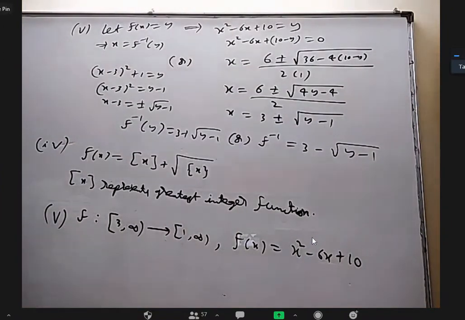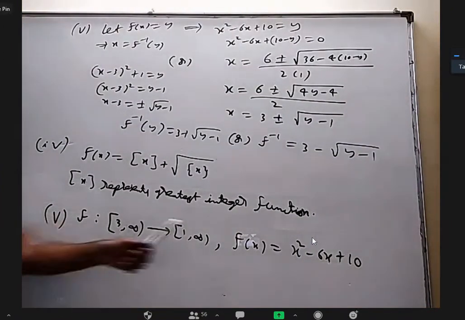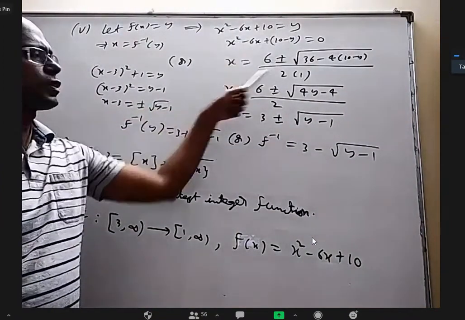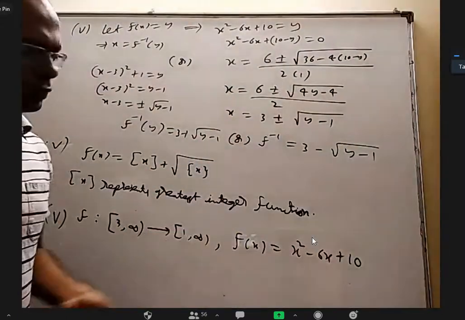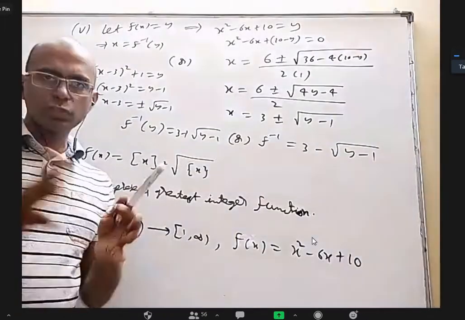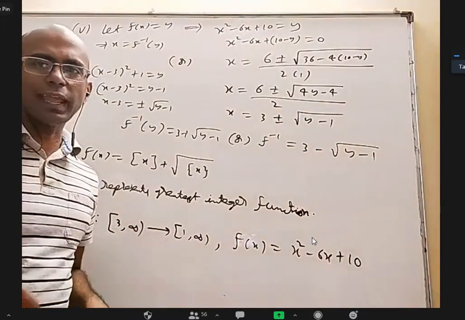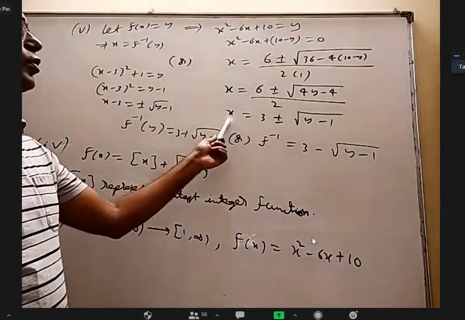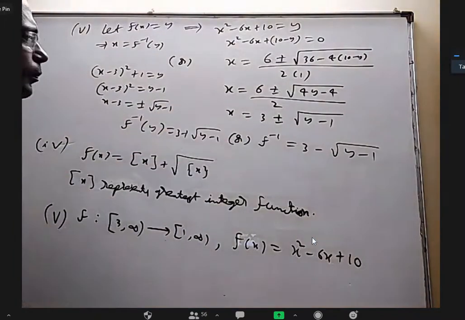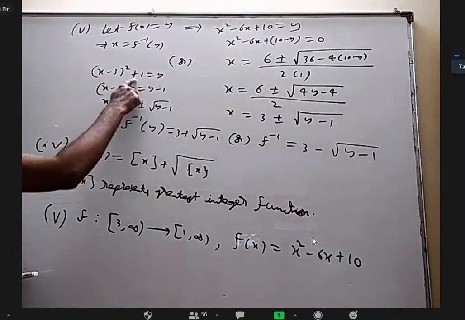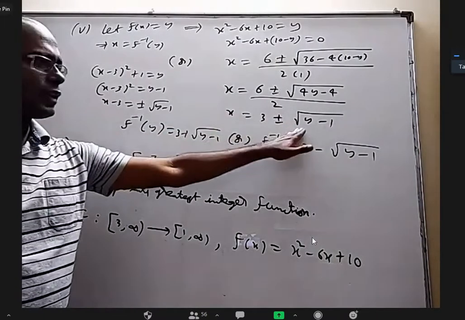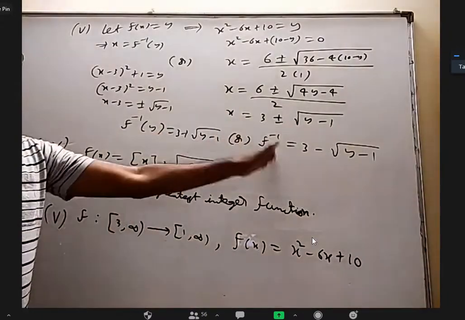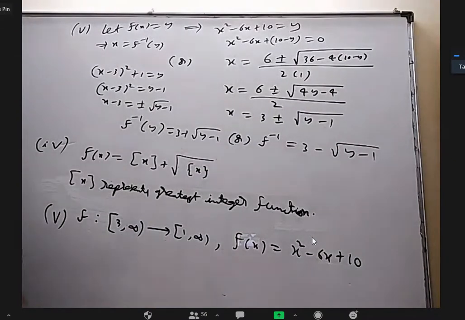No doubt in the fifth question, you take f of x equal to y and solve a simple quadratic equation: minus b plus or minus root b square minus 4ac by 2a. You know how to find an inverse function. Take f of x equal to y, then find x in terms of y. Or you can make perfect squares on one side and do it. Whatever it is, you are getting x in terms of y like this. So I'm getting this or this. Which one should I choose?